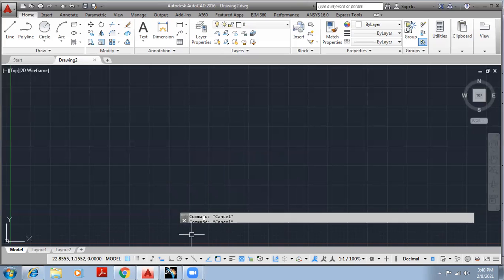So that is why, don't hide this particular command window. Keep it on, because it will help later on. If I click on this particular line, it is asking for the different inputs required for drawing a line. Specify first point. You can see it in the command window. It will guide us on what I have to do next. So that is why don't close this window. Keep it on always.